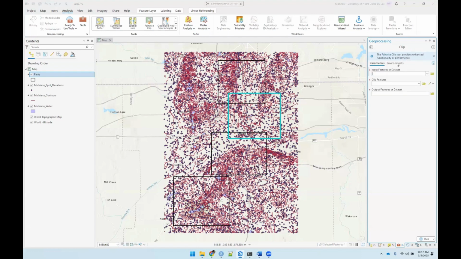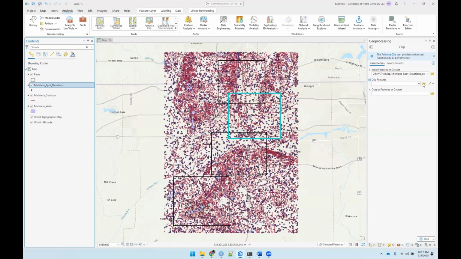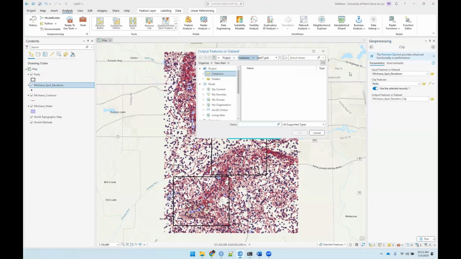Once it decides to run, I'm going to give it an input. I'm going to start off with spot elevations here. I just dragged it over, which is why it's taking a second. My clip features are going to be parks. And then I do want to save this permanently, and I also want to use the selected records. If that comes up on the other one, make sure you don't, because you don't want just one or two selected spot elevations. I'm going to go into folders, Lab 7 terrain, and save this as